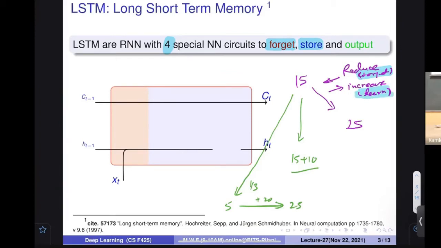So if you want to reduce anything, is it a right way to add something? The answer is no. What would be the way to reduce the thing? Multiplication is the only thing that you can do. If you want to reduce anything, you have to multiply with some factor that is less than 1. Or if you want to amplify, then you can use a factor that is greater than 1. So if you want to forget something, you should not add something, because adding and subtracting are the same thing. Only the direction makes it addition or subtraction.